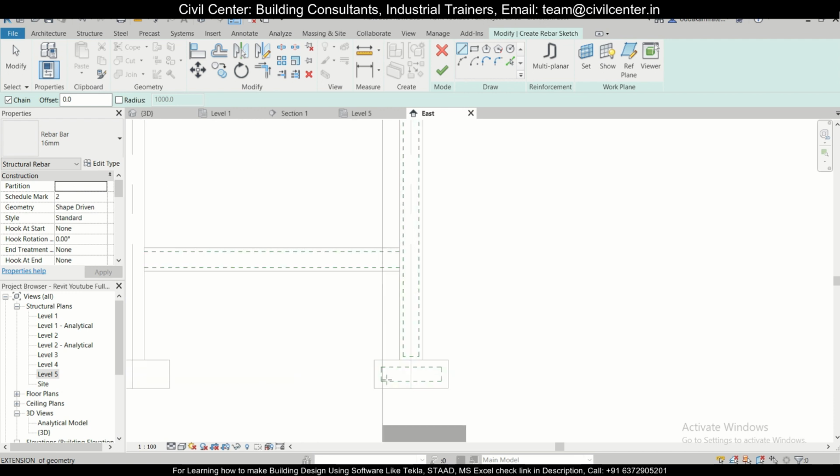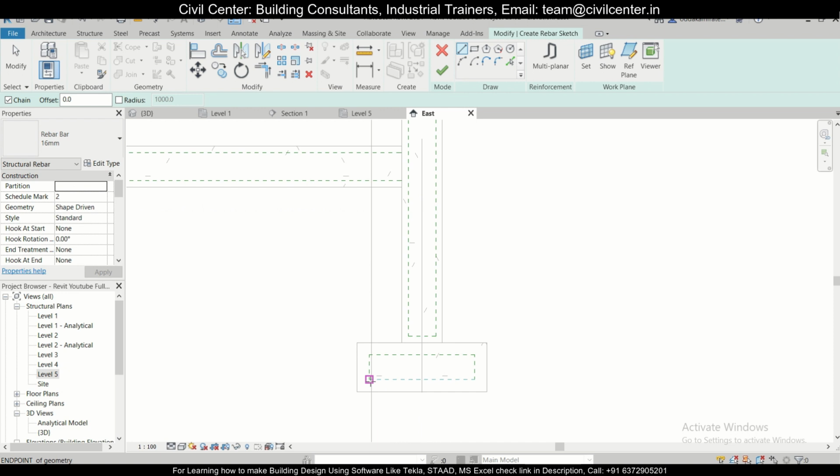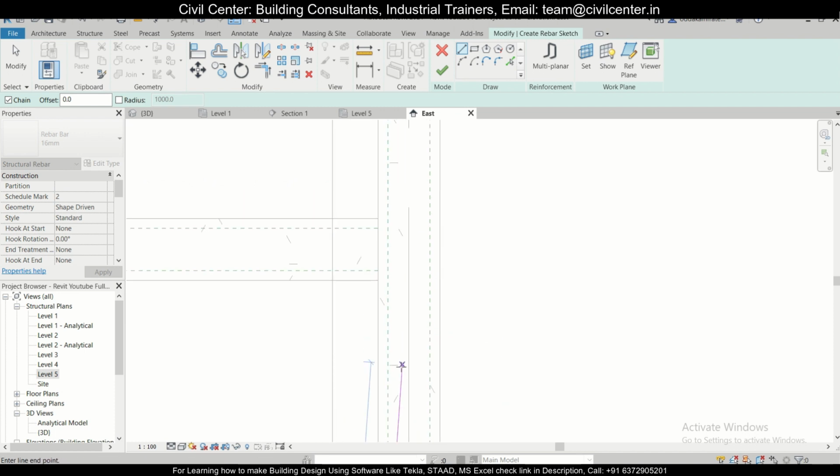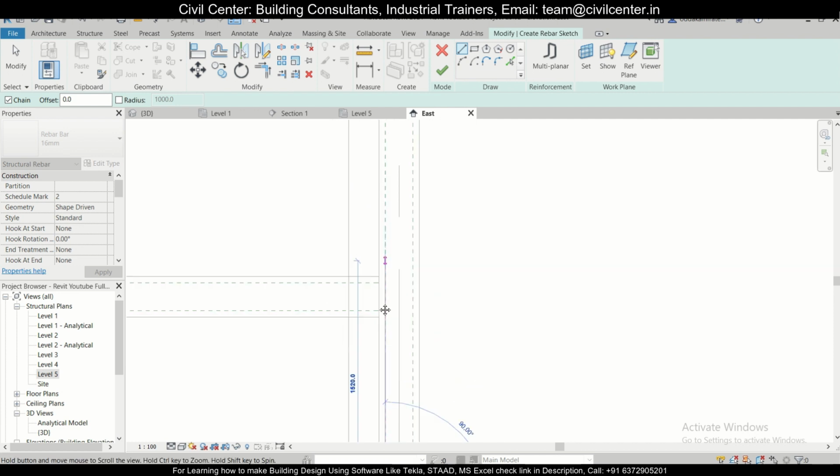So we'll just select this particular option here, and from here we'll take it upwards, and we'll make sure that we take it upwards by a certain amount.